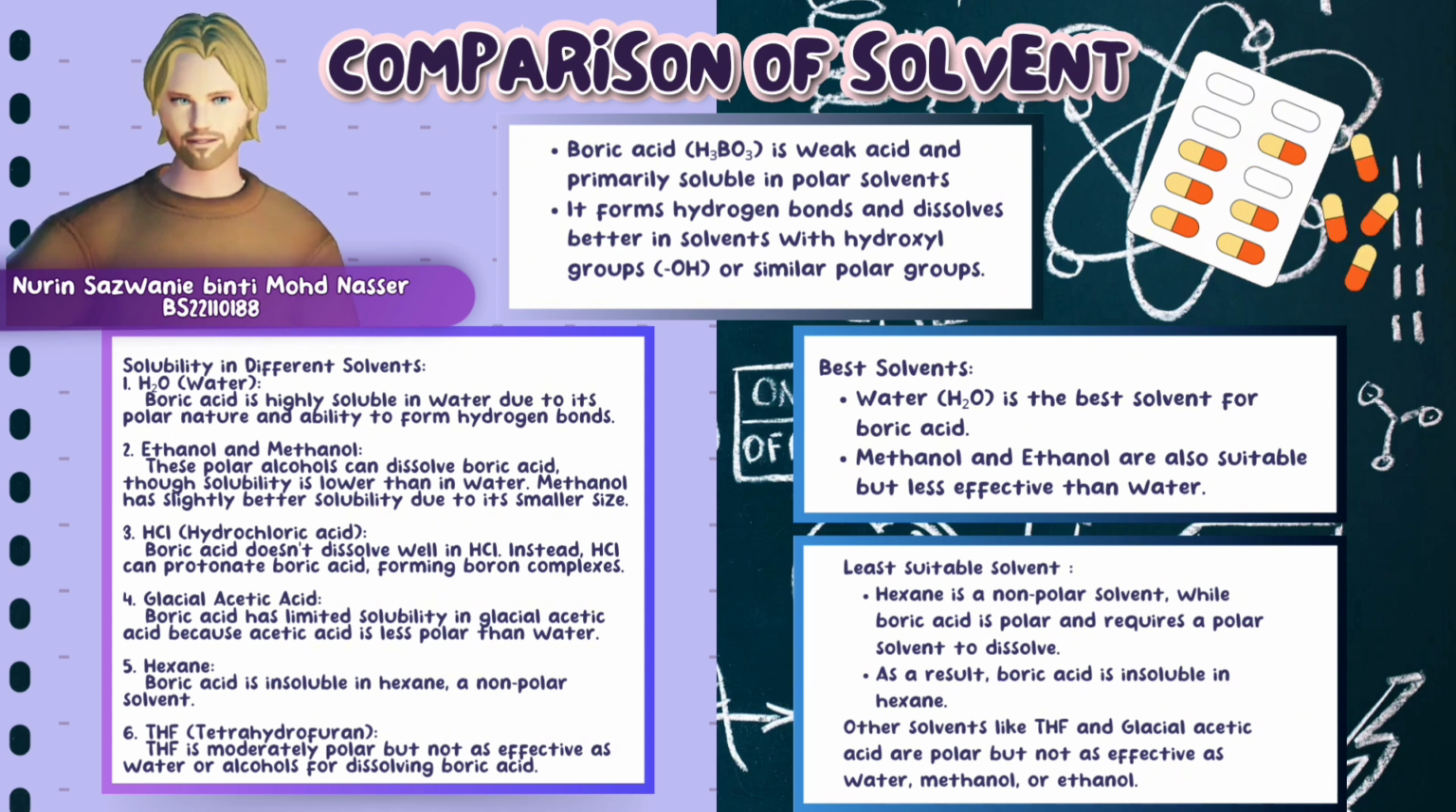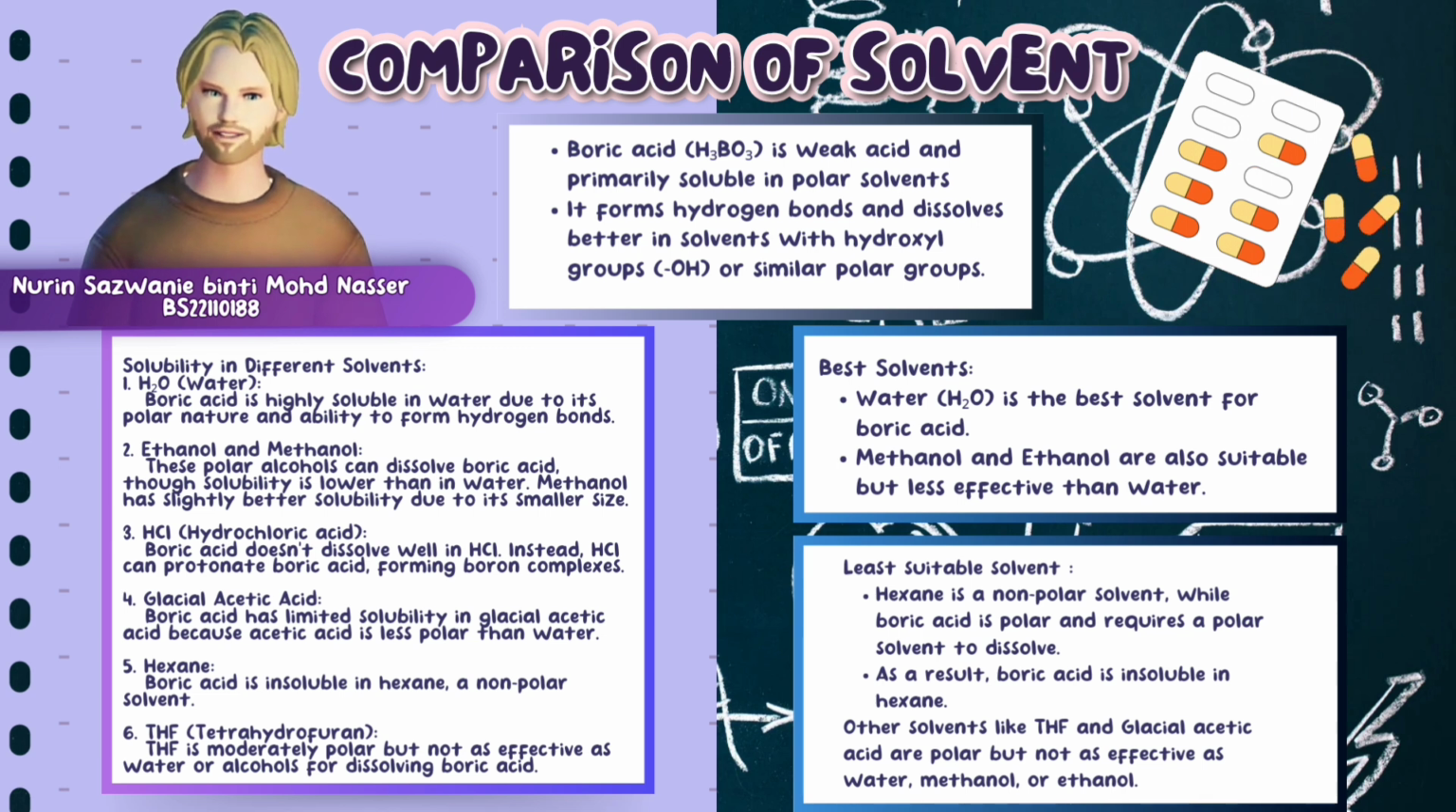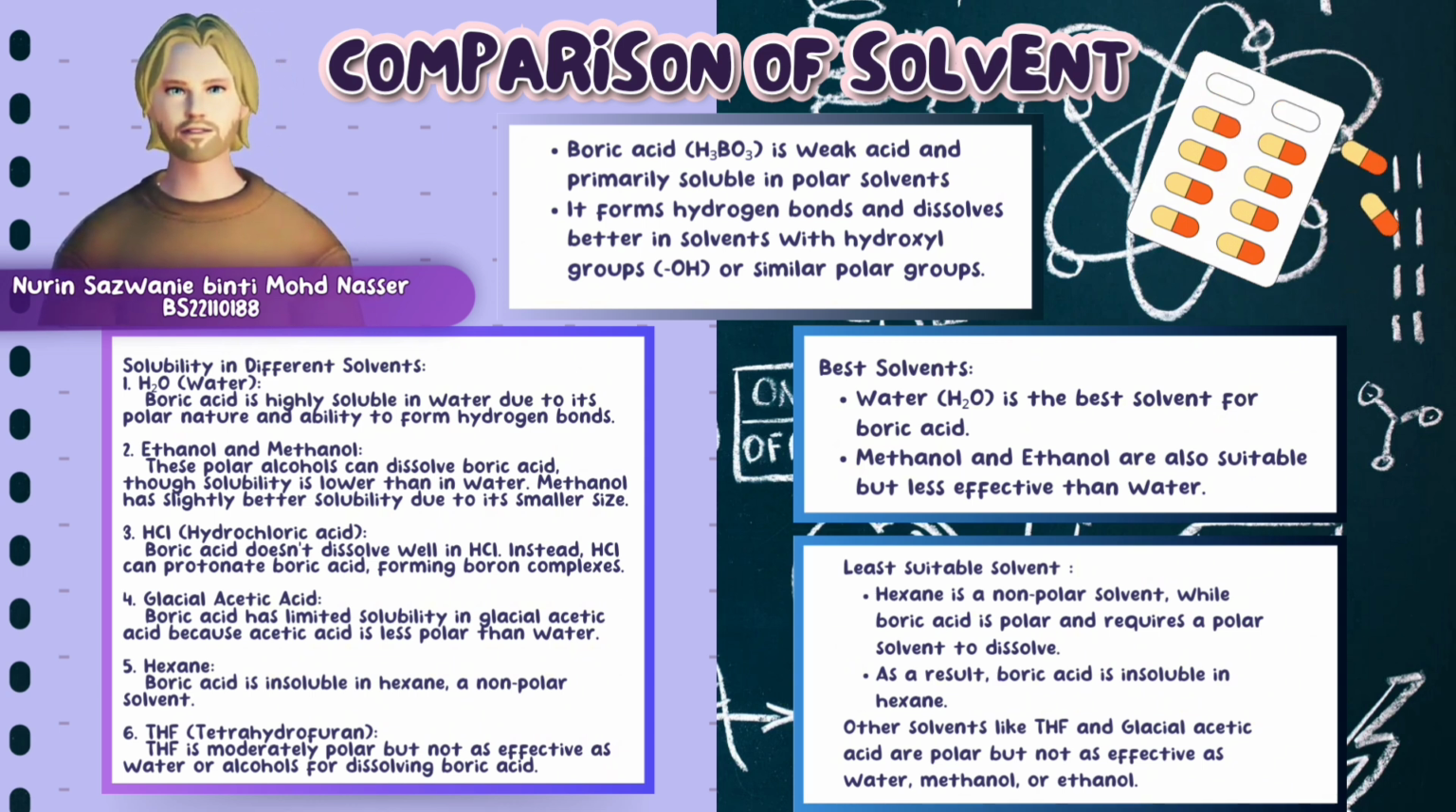Next, comparison of solvents. As we know, boric acid is a weak acid and primarily soluble in polar solvents. It forms hydrogen bonds and dissolves better in solvents with hydroxyl groups or similar polar groups. Therefore,